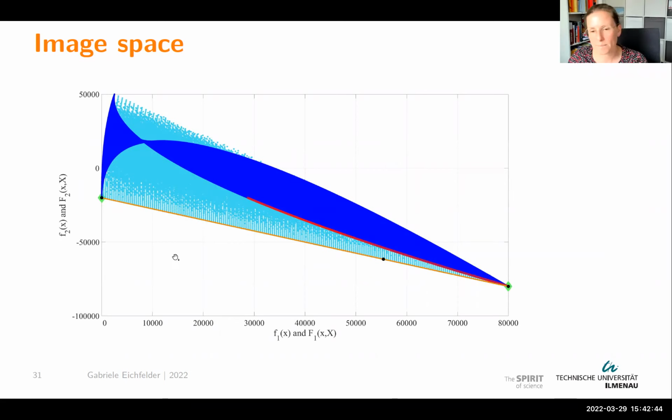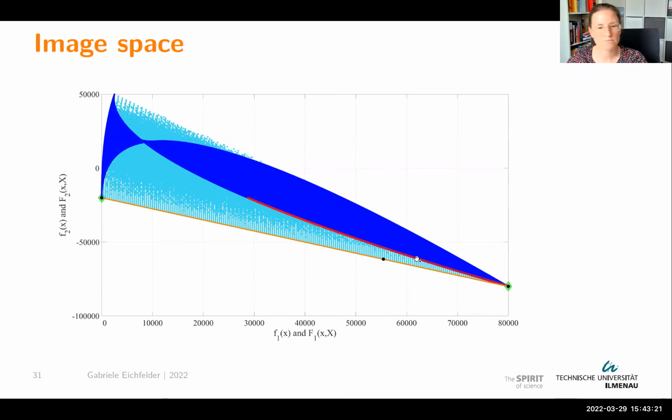So you can see what's happening here. We make some kind of convexification. The relaxed problem now has a convex image set, and it gets additional images of weakly efficient points, which have nothing to do with the original weakly efficient points. Images of weakly efficient points, like this black dot here, are images of a weakly efficient point of the relaxed problem. So somehow the extreme points still have something to do with the original problem, but here we filled up a lot in the non-extreme part, and due to this convexification, we are losing all the information we require to find these red dots here.